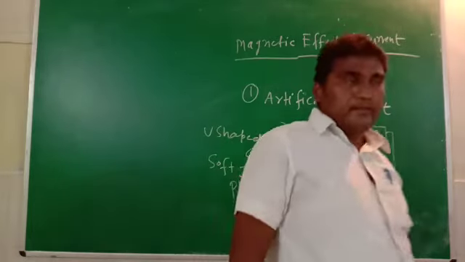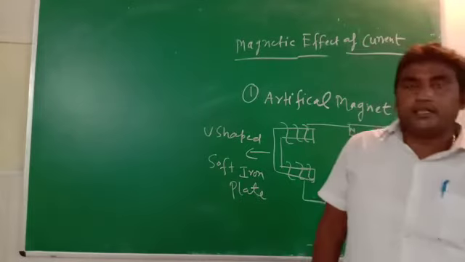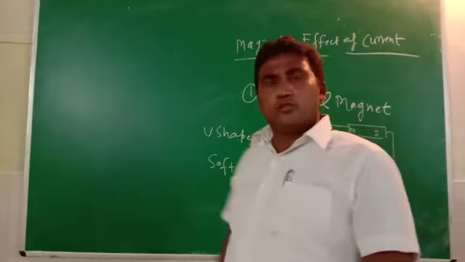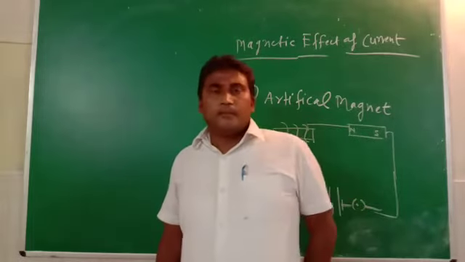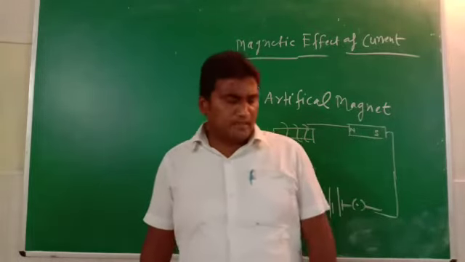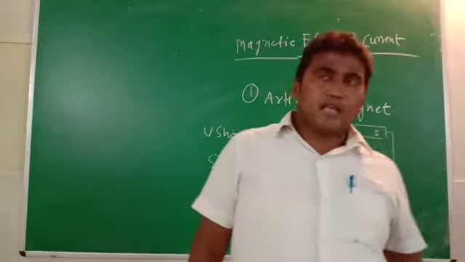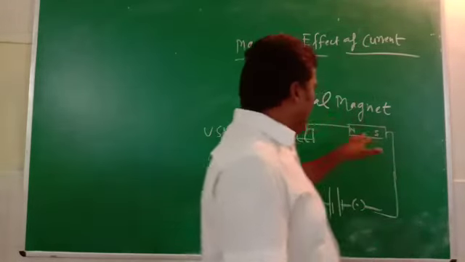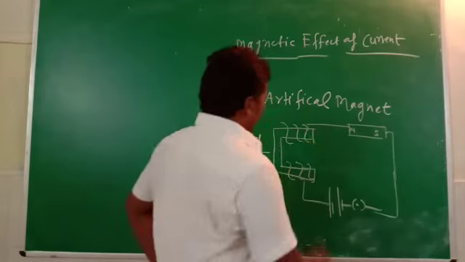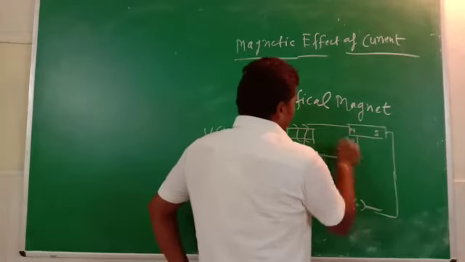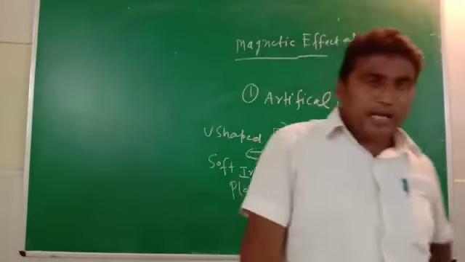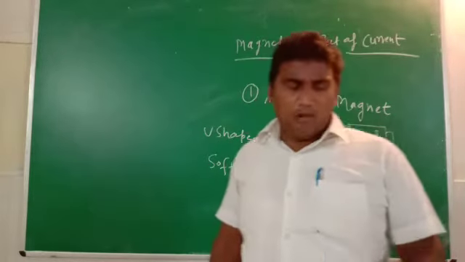When the current is transferred from the battery and key and reaches the bar magnet N to S, it behaves as a process of harmonic emissions, and the temperature also increases. After some time, the particles of the magnet are transferred to the soft iron plate, which is connected with a metallic wire such as aluminum or copper.